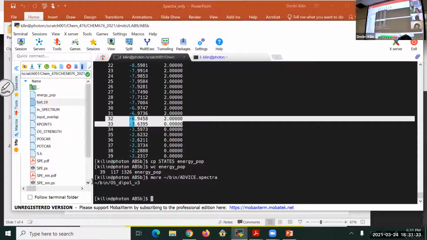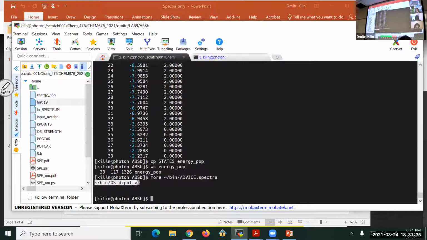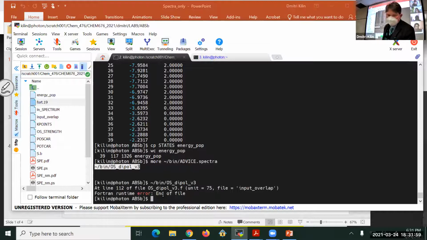So here is the code that converts the list of orbitals and the WAVECAR file into information needed for the absorption spectrum. If I hit enter right now, it will bring me an error because there is no input file. So before I run this code, I need to create a third file,